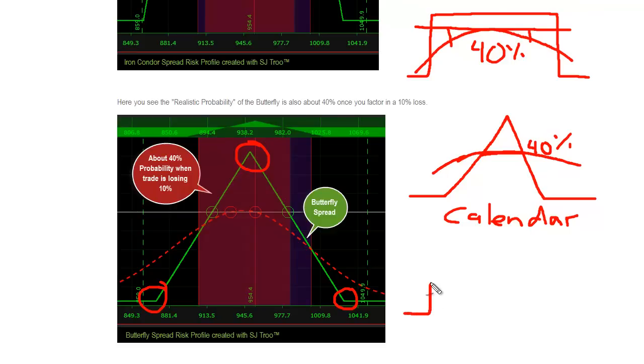Your credit spread may look like this, and then you have a similar effect on one side. So you have that zone here where you're about 10% down, and again to the left side on this trade you would have that pretty narrow probability, but this one all the way one side has a higher probability. So one could argue that the credit may have a higher probability overall because of that, but others might argue that it brings in half the credit, and so it's also more directional